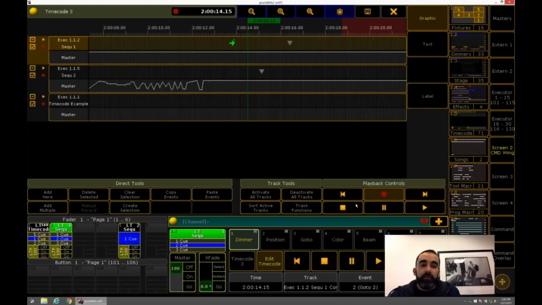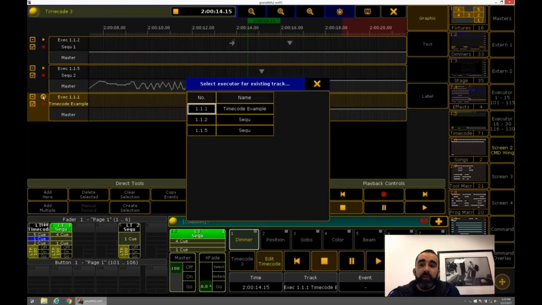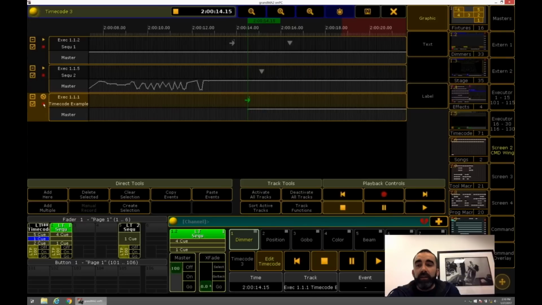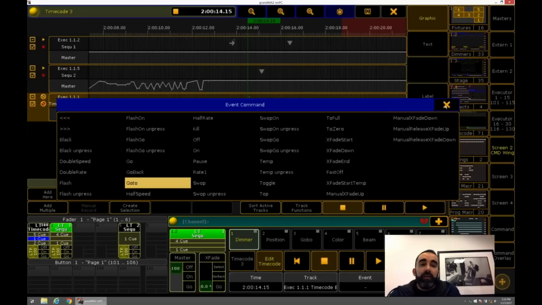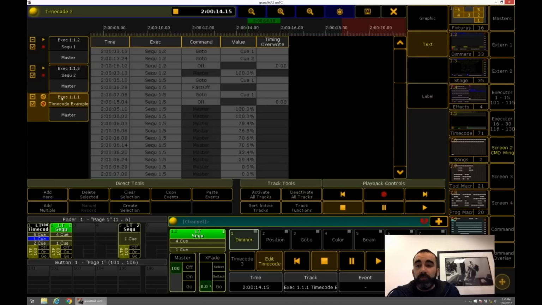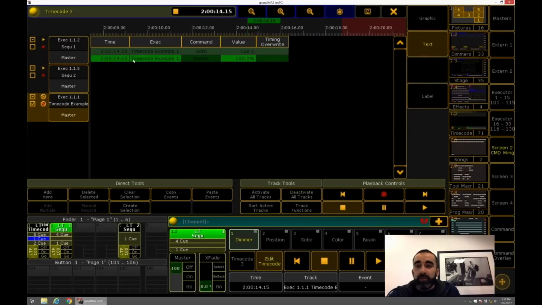We'll just hit go on that first one. Okay. It added this track in here. We actually don't want that part of the playback, and we don't want to record that in. So you do have to add the executor in. At that point, we did go into the text view to uncheck these, so I just see this track, and we would delete that.